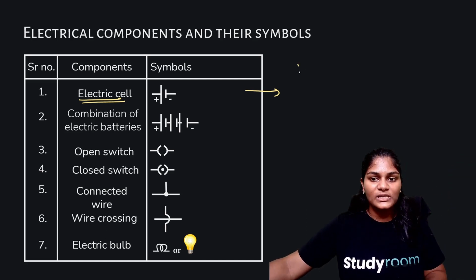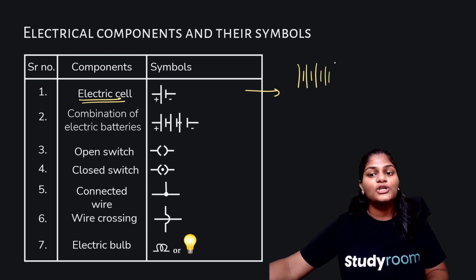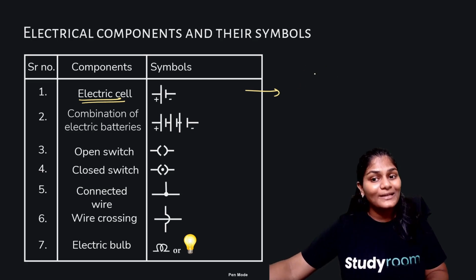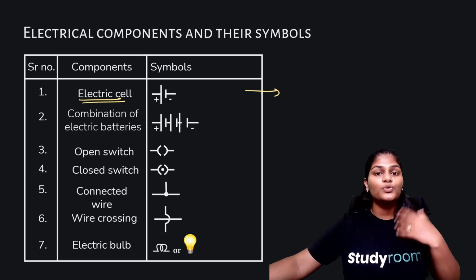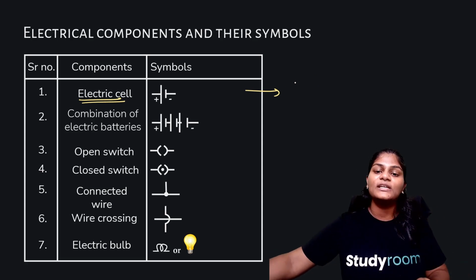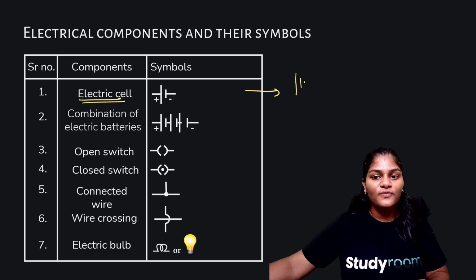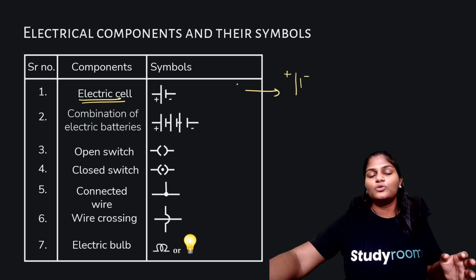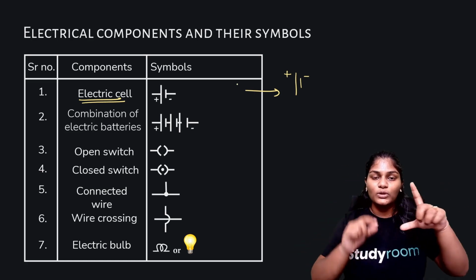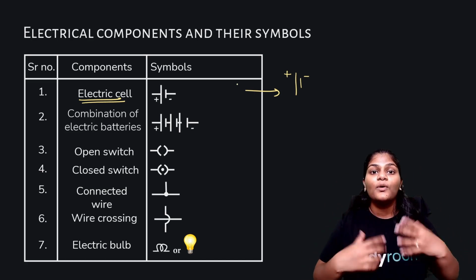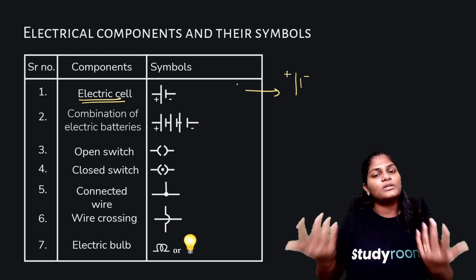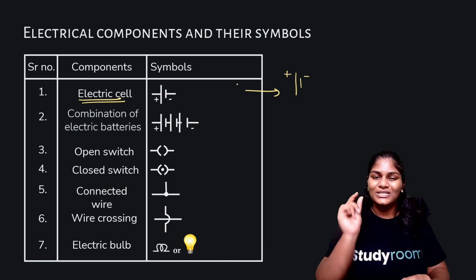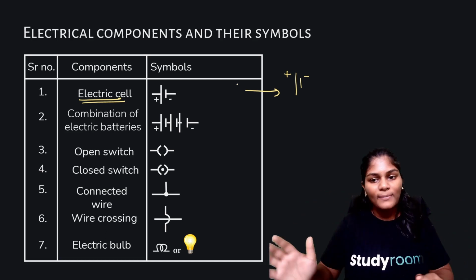So how would you represent that? You would do 1 cell, 2 cell, 3 cell, and so on. So this would make our job really tedious. So in convention, usually when we are making circuits, we use just the symbol of a cell and we say that it's a battery. Even though the standard, anywhere in a table, you will see that the 2 lines, positive and negative line, represent a cell. But when we're doing a circuit, usually we start using just this 1 cell to represent the whole battery.